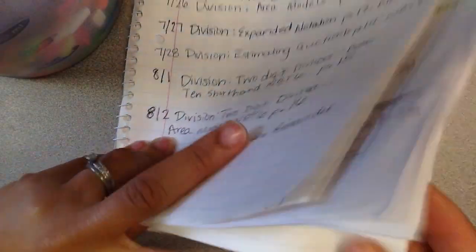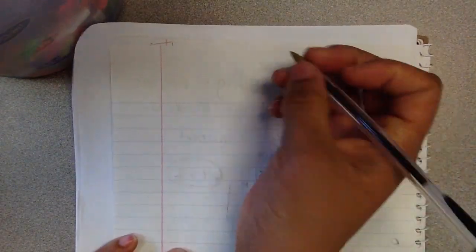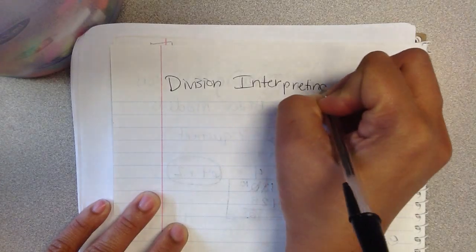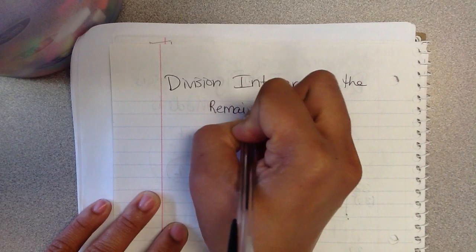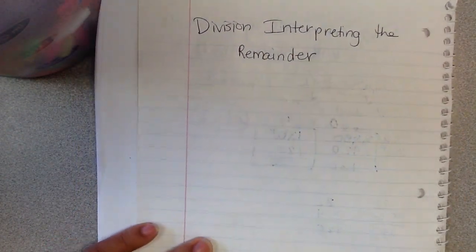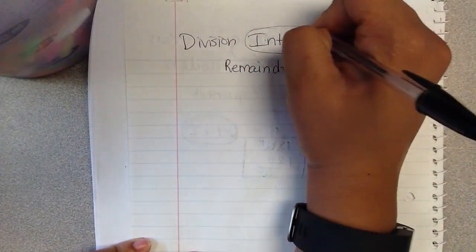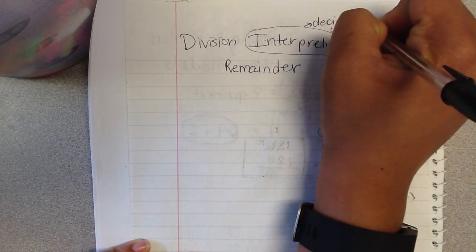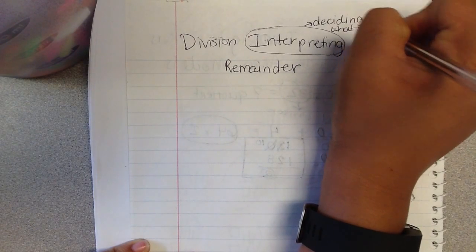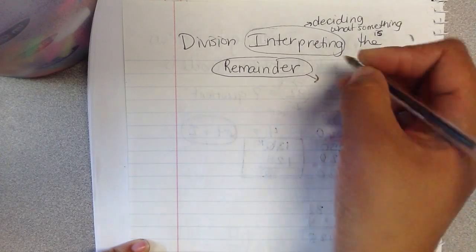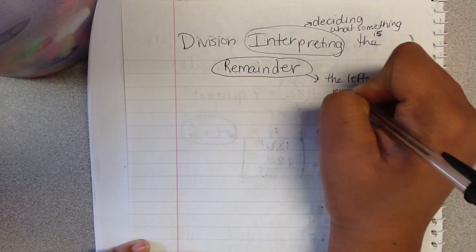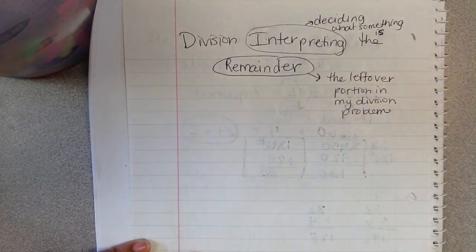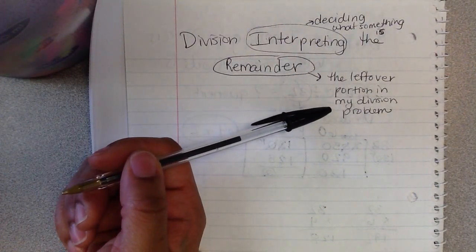Alright, so at the top I'm going to put division, interpreting, the remainder. So interpreting here means deciding what I need to do. So this word right here means deciding what something is or what it represents, okay? And the remainder is the leftover portion in my division problem. So I'm going to be deciding what the leftover portion of my division problem really is, what it really